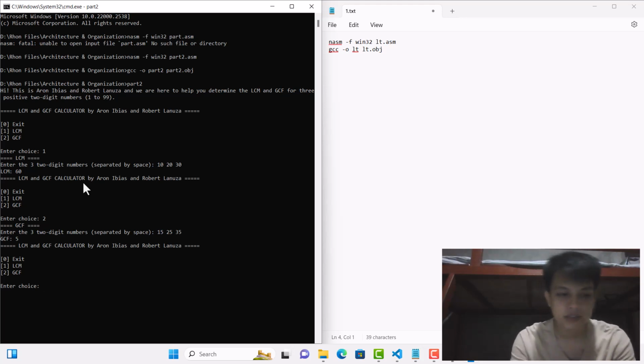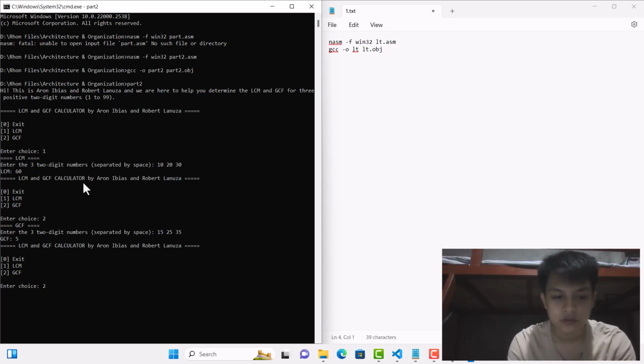So let's say, for example, we want to try a negative number in order to test if the code is correct, because it is indicated there that it is only positive. So let's, for example, find again the GCF.